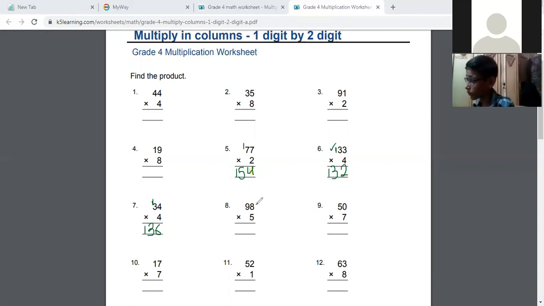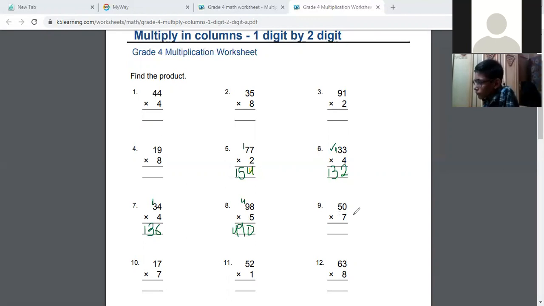5 ones are 5. 5 twos are 10. 5 threes are 15. 5 fours are 20. 5 fives are 25. 5 sixes are 30. 5 sevens are 35. 5 eights are 40. 0 we will write here. 4 we give carry to the 9. 5 nines are 45. Okay, then add 45 with 4. 4 को 45 में add करें. Answer becomes 49. Very good.